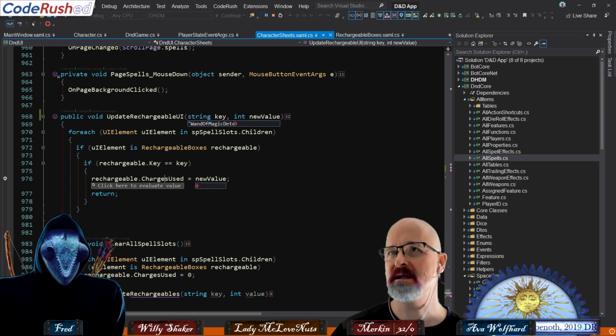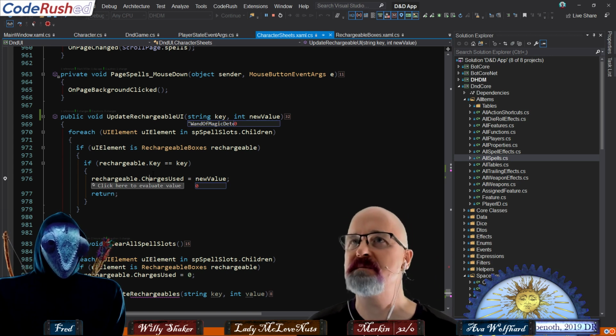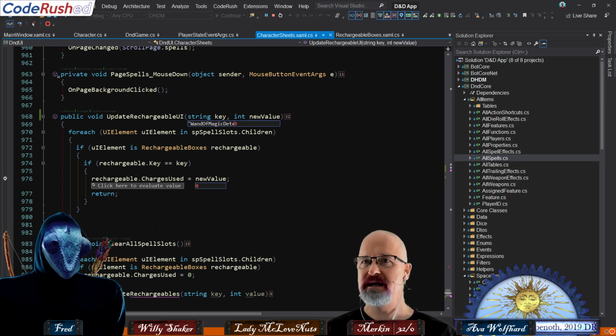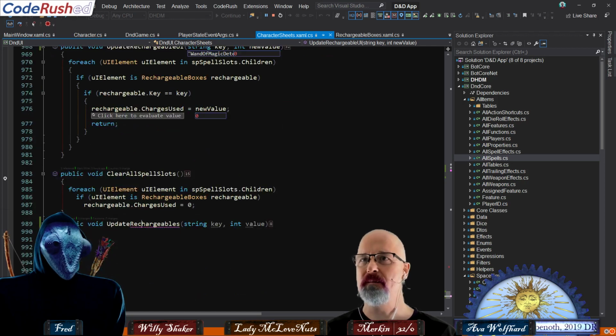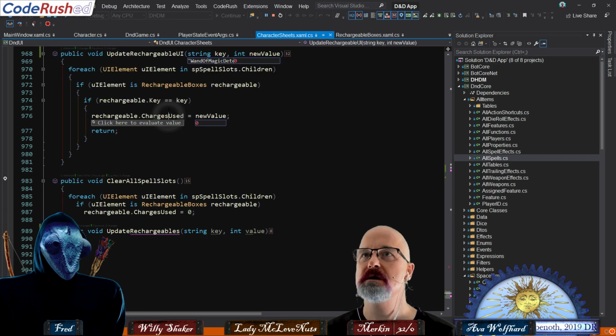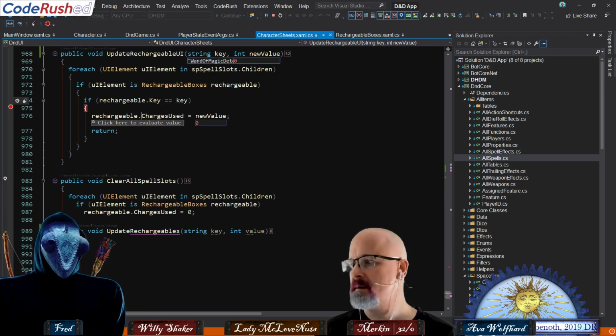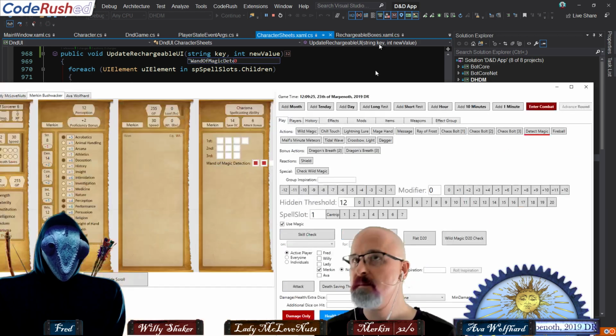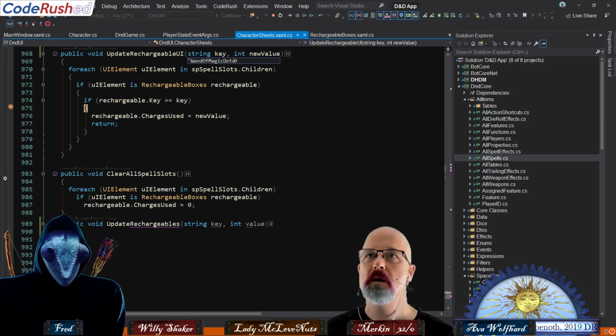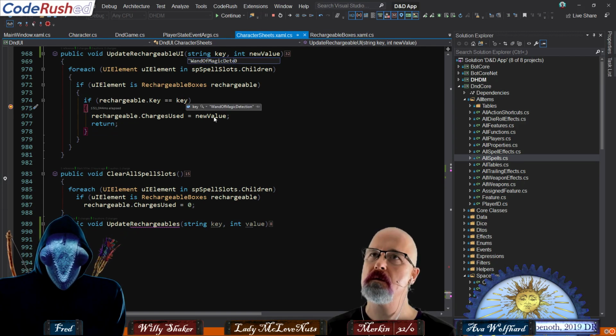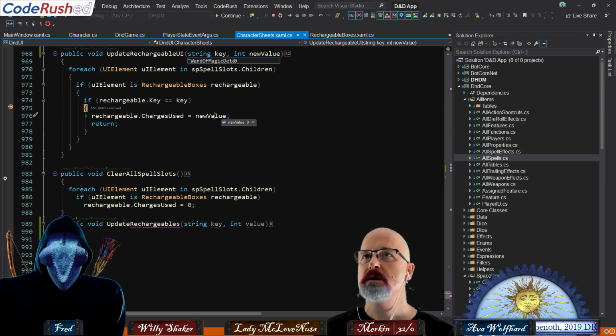I think we're assigning the wrong deal here. I think the piece we're sending in is different. This is the problem that we were talking about before. Oh, I need to delete that. This is charges remaining coming in here, sort of charges used. Okay, so let's come in here again. It could just be here. Update rechargeable UI. What's my call stack?